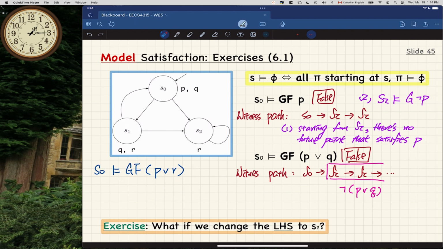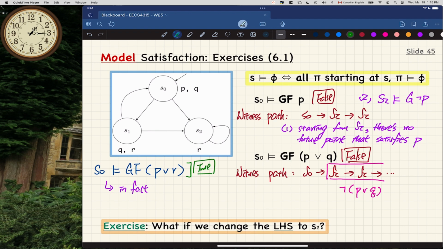But I want to show to you this one here is interesting. Somehow P or R is going to be satisfied by all the reachable states. You can see this one satisfies P already, this one satisfies R, this one satisfies R. All the states satisfy it. So what I can claim is something that turned out to be even stronger. Well, first of all, the result should be true. Okay, so that's the answer.